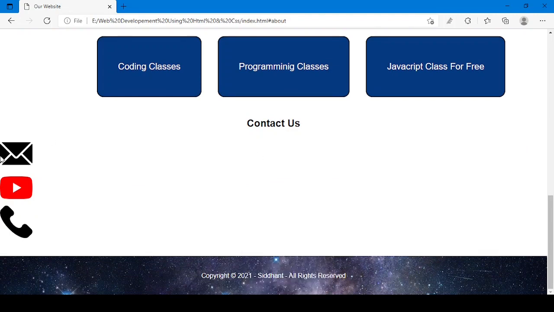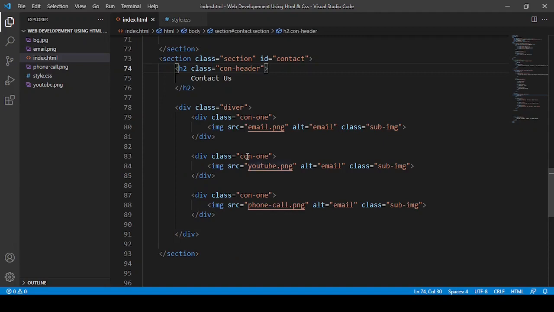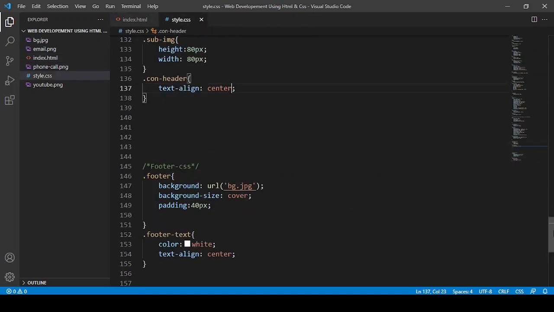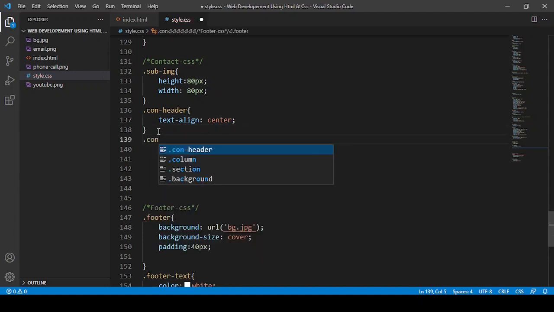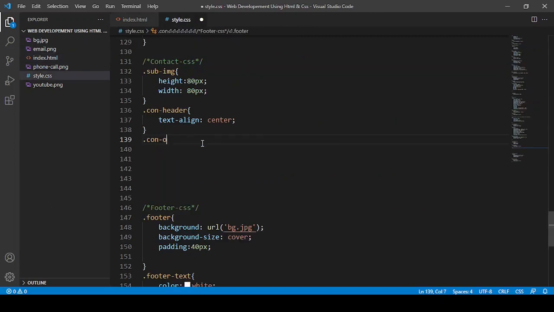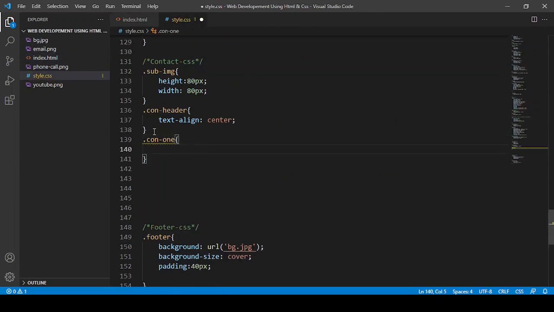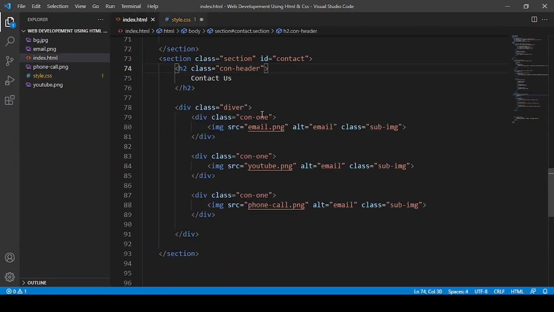Now this one I want to be in a div. As you can see here is con dash 1. First of all I want them to align in the center. So what I can do is dot con dash 1. Before that I want this diver. So here I have given this div as diver.